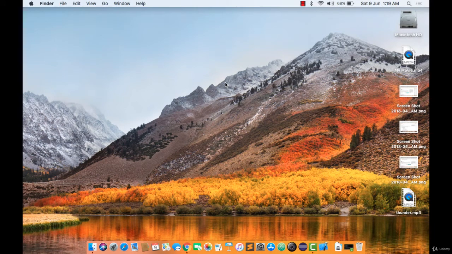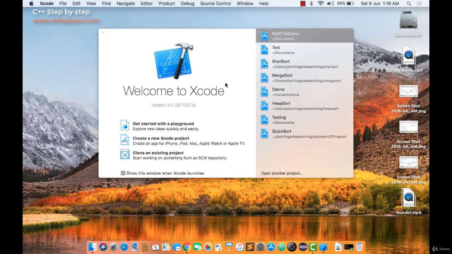The first dialog box that you are going to get is this. My Mac is slow. Okay, and here we go. This is the first dialog box that you are going to get after clicking the Xcode icon from your application list. And here you need to choose the second option there, create a new Xcode project. Just hit on that,